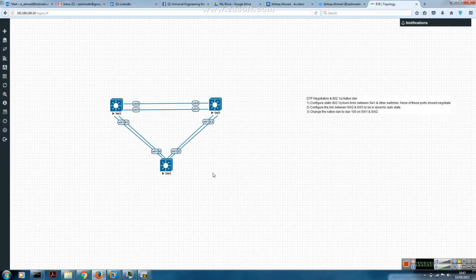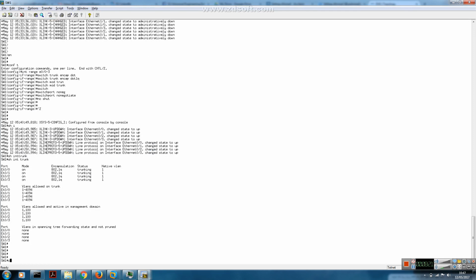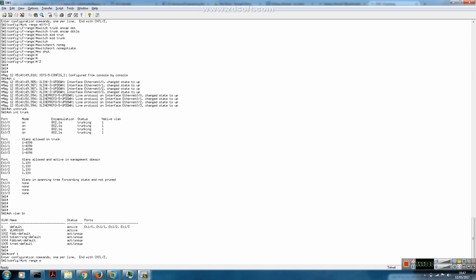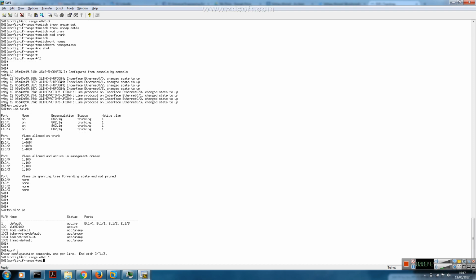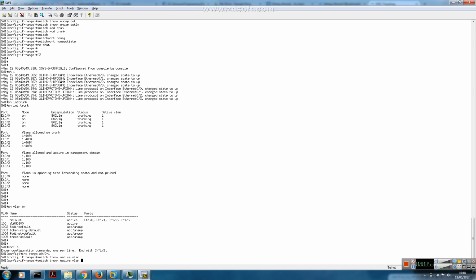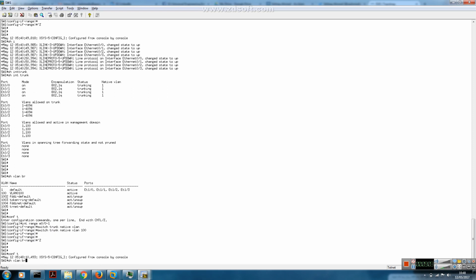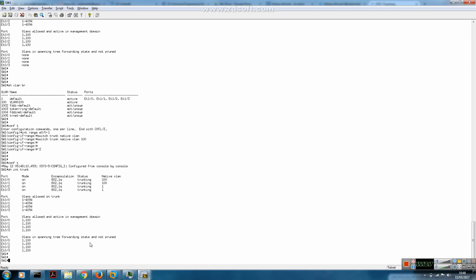And finally, we'll be configuring the native VLAN between switch 1 and 2; we'll change it to VLAN 100. So proceeding with that on switch 1. We can see that currently the native VLAN is 1. So we'll be changing that to VLAN 100. The command that we use for that is going to be switchport trunk native vlan 100. There we go. We can see that the native VLAN is 100,